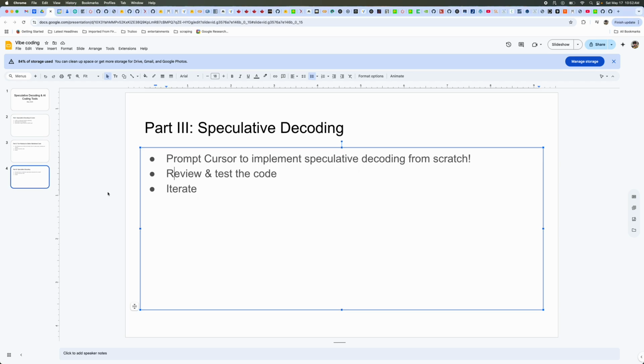Hello. In this video, we are going to... This is part 3 of a series of videos that we have been doing regarding basically implementing some of the interesting algorithms around LLMs, especially during inference time. So, for this part, we are going to implement a